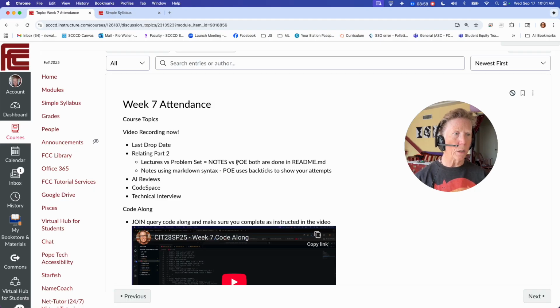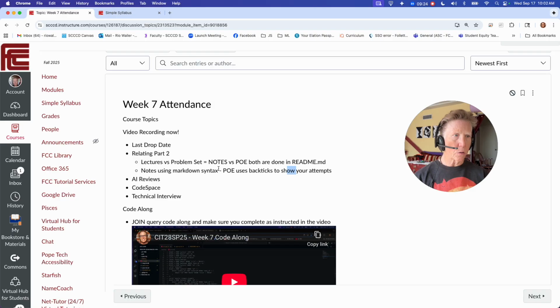So when you're doing notes, you're using markdown syntax to do regular notes. Maybe an outline, unordered lists, ordered lists, but some kind of way that is note-like in its hierarchy. Now, when we're doing the POW, again in that same markdown file,